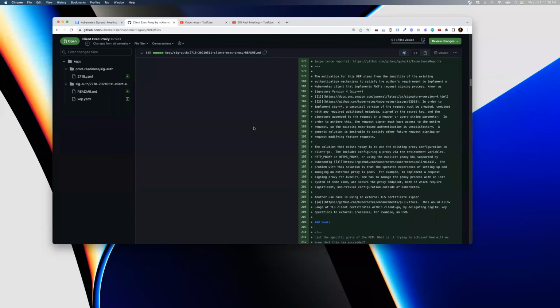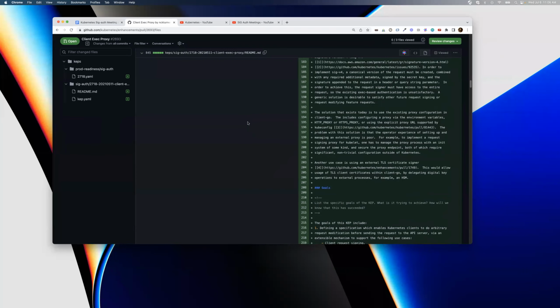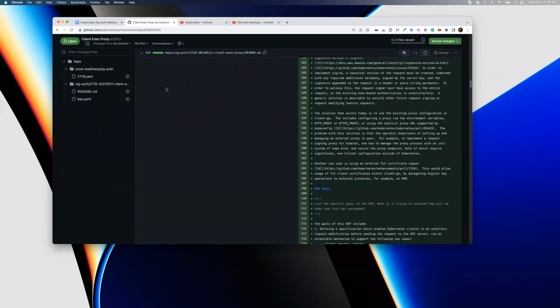But there's a number of other use cases that others are interested in. I've been working with Mo, and he is interested in an external TLS certificate signer, which this would also enable.